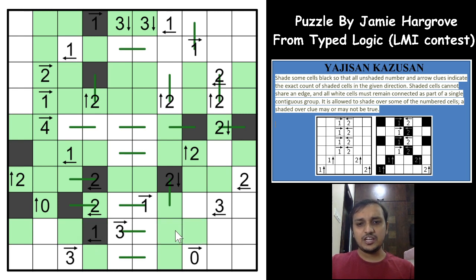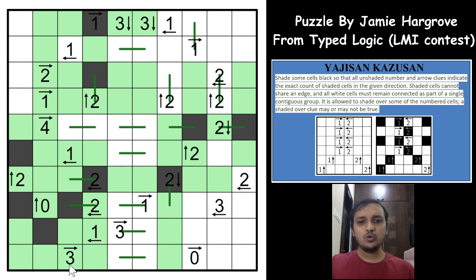So what happens if I shade this? If I shade this, you will have this pattern, and which will strand a white cell, right? Which means that these two will be unshaded, which makes the 1 true, and which will make this cell shaded. Now all the three cells have to be unshaded, because if you shade this cell, this white will be stranded, and if you shade this cell, this white area will be stranded, right? Now which makes the 3 to be true.